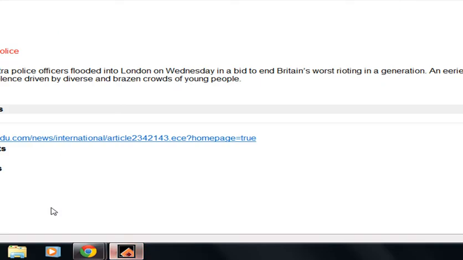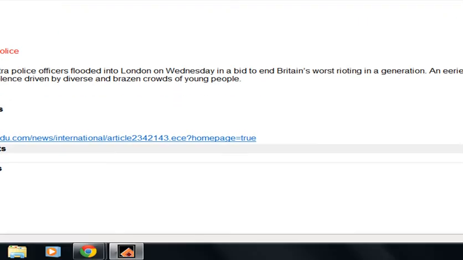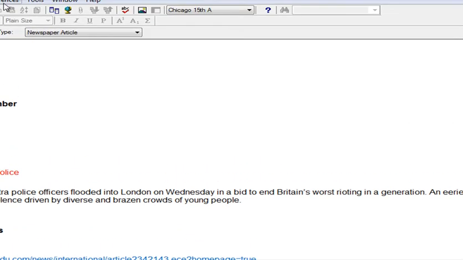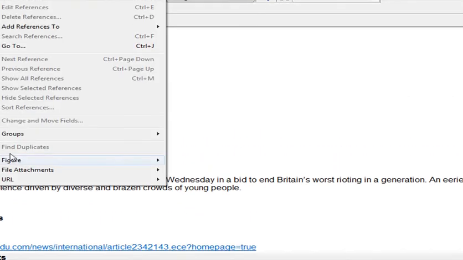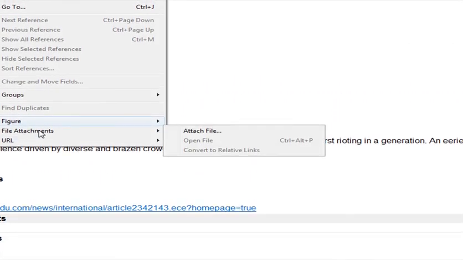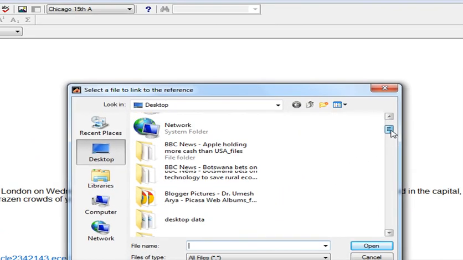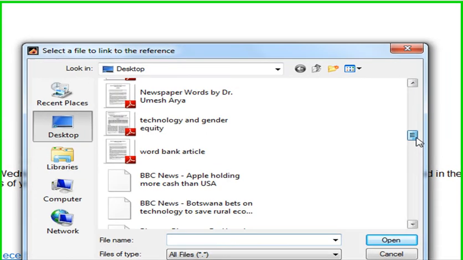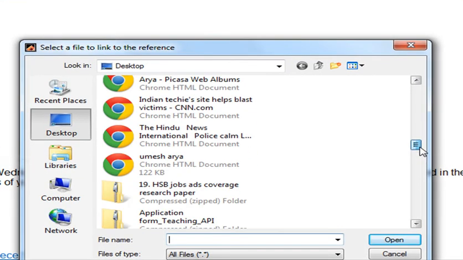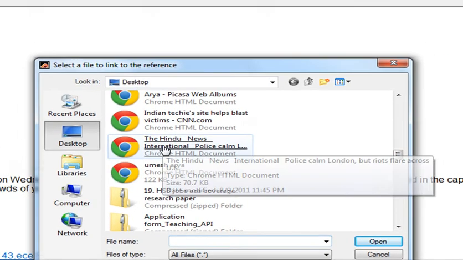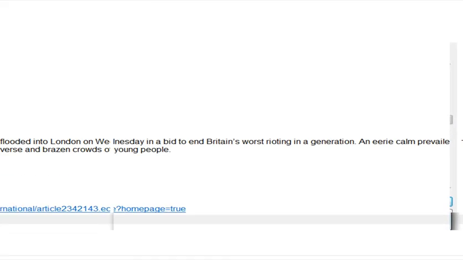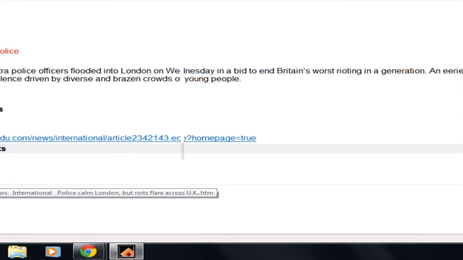And we will go to EndNote. We will go to references, then file attachment, and we would click attach file, and yeah, this is the file, and if we click that, then this file is imported into EndNote.